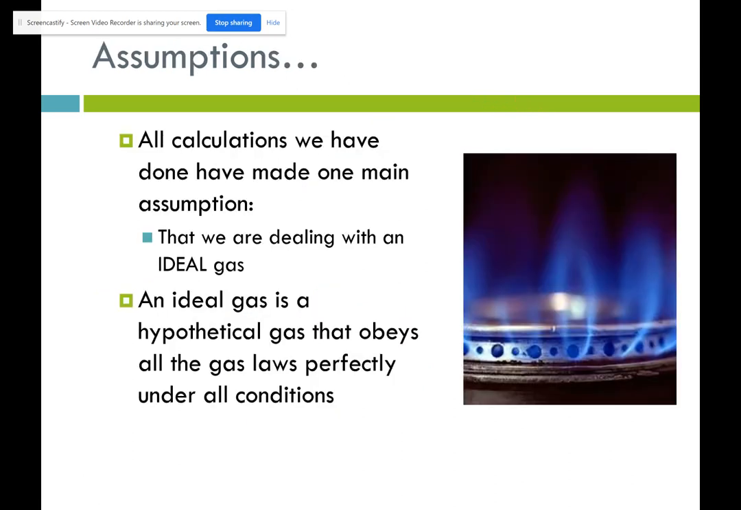So this is all well and good, but one thing that we do have to be aware of is that all the calculations we have done so far make the assumption that we're dealing with something called an ideal gas. Okay. So what's an ideal gas? An ideal gas is a hypothetical gas that obeys all of the gas laws we've learned so far perfectly under all conditions. Okay? So pressure and volume always are going to follow each of those laws exactly. Each of those relationships we saw, it doesn't matter the conditions, they're always going to follow those